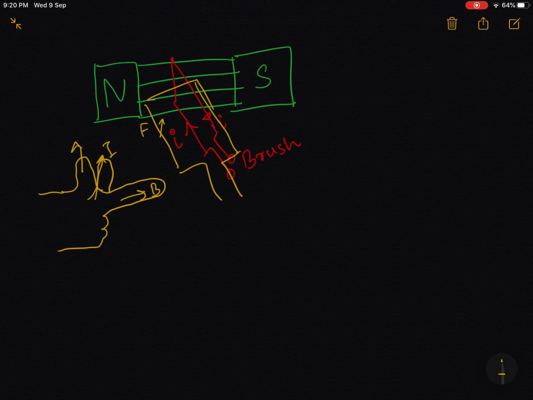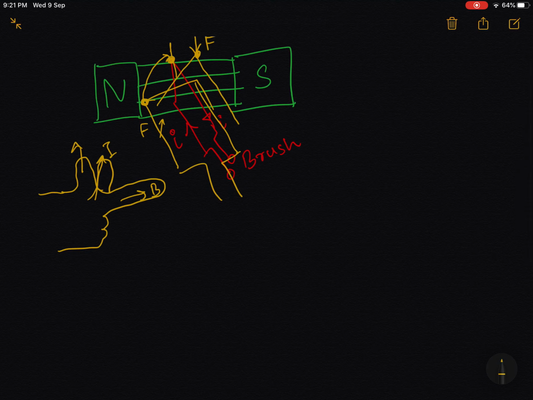now again if you look at this point, when it reaches a point where it becomes perpendicular with the field lines, at this point, say if the coil is somewhere around here right now, more than 90 degrees, now the same line will have force acting downwards. Now the force will be acting downwards.